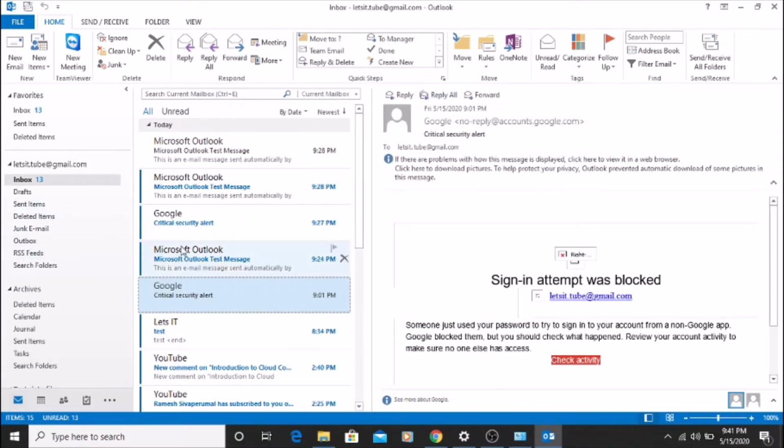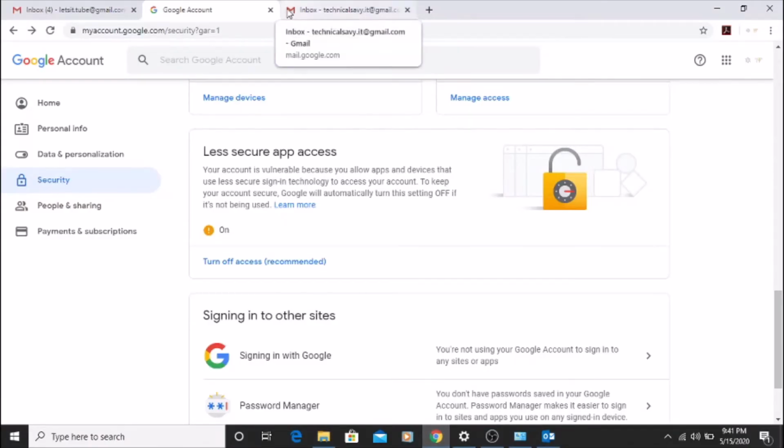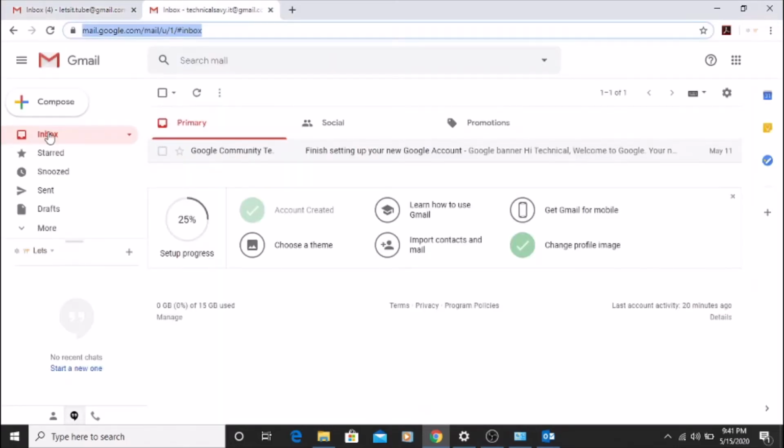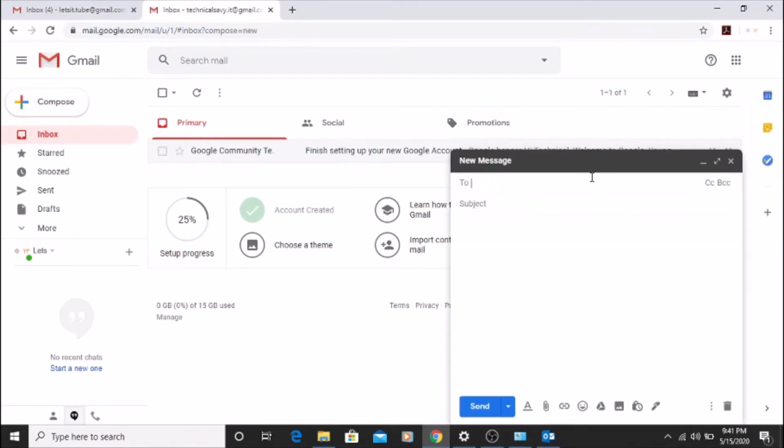So another option, let me send an email to my account from my test account. I'll just create an email, test, and send.